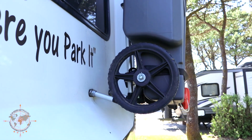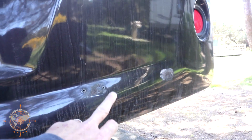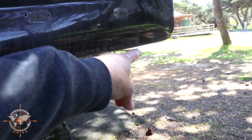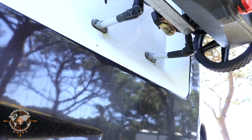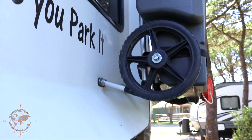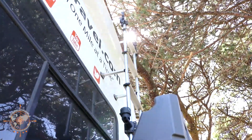I've had some issues with this ladder before, and I can kind of show you here. You can see here on the bottom where the bottom part of the ladder used to attach. So this ladder loops down below the bottom of the RV from the factory, and last year coming down the 101 we actually drug part of the ladder and broke it, so I had to remove that bottom section, and my plan is of course to replace the entire ladder, but I haven't yet done that,